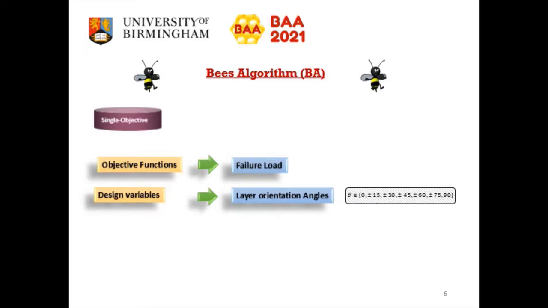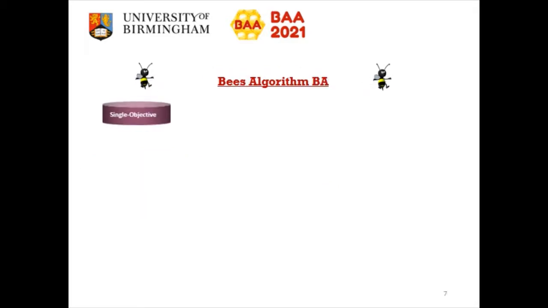Ply orientation angles are considered with the range of minus 90 to plus 90 in steps of 15 degrees, hence leading to 12 different possible values of orientation angle theta, which are